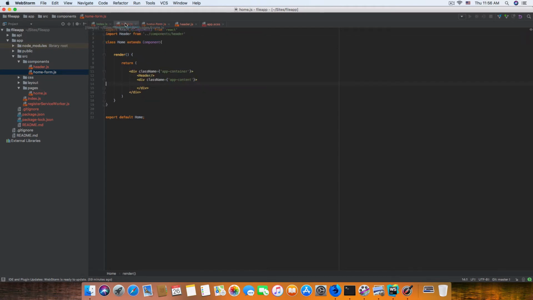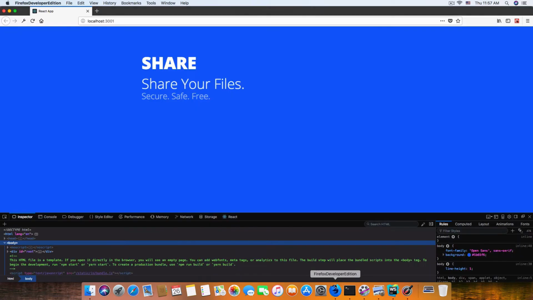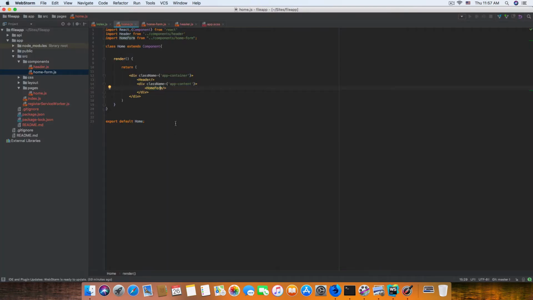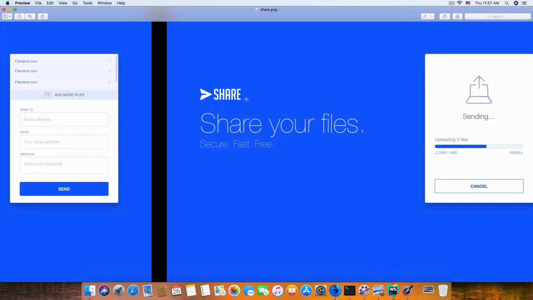Okay, so now in home, then HomeForm. Okay, this is very useful from WebStorm. When you type that, it automatically imports HomeForm in the header. Really cool. So let's go back to the browser. Now we see the same. And now in HomeForm, we can start inside HomeForm. So let's take a look at the header. First, we need to have a